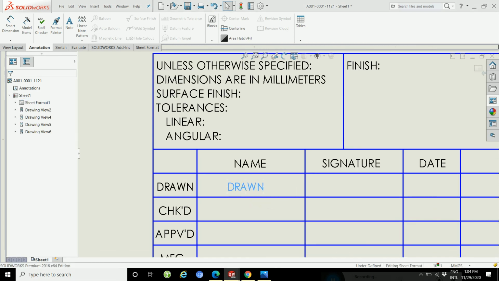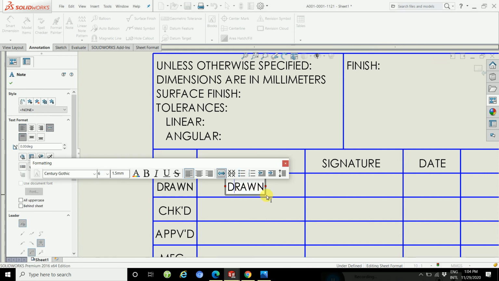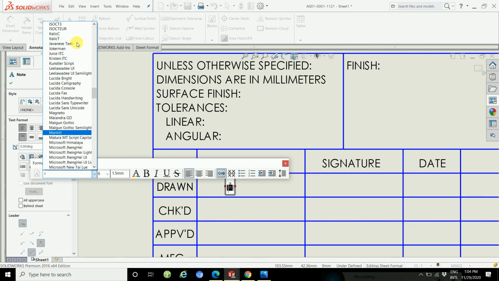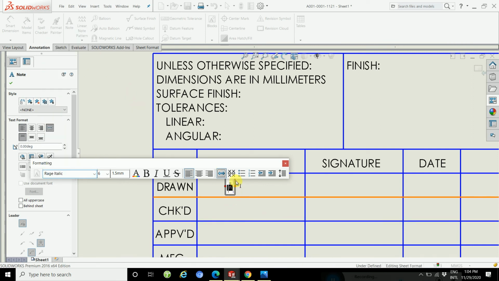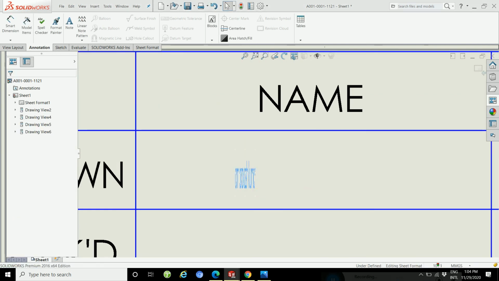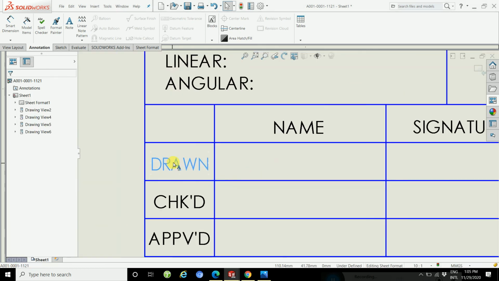Simply copy and paste, and then edit, double click, and then change your name. Text, paste.